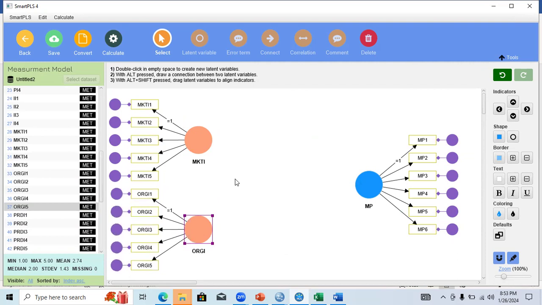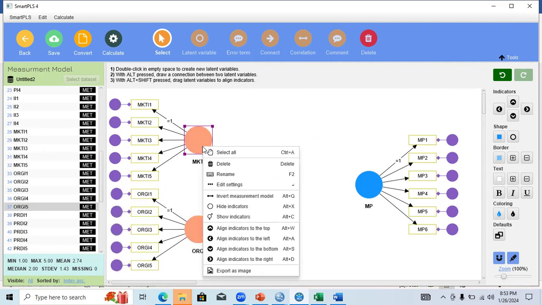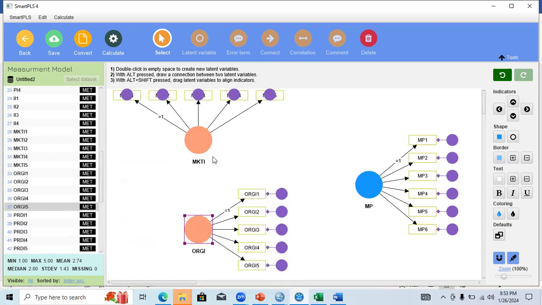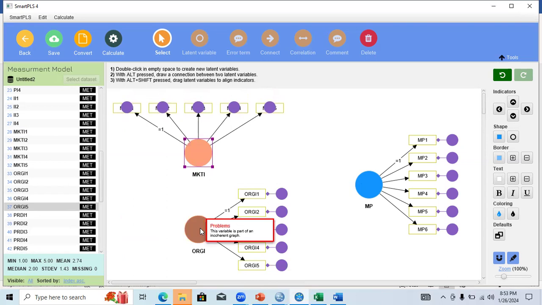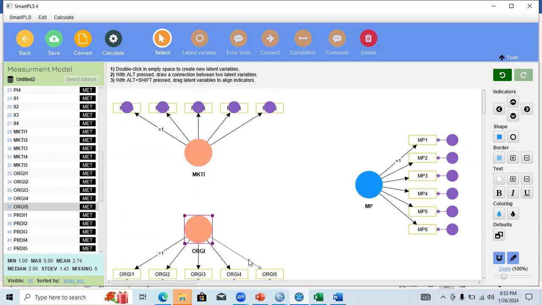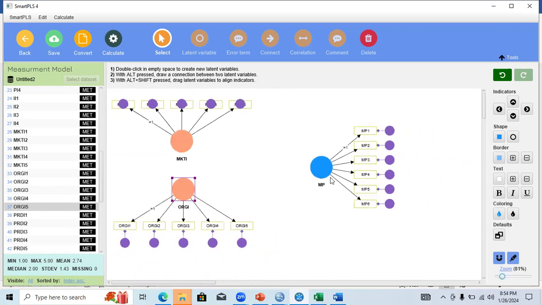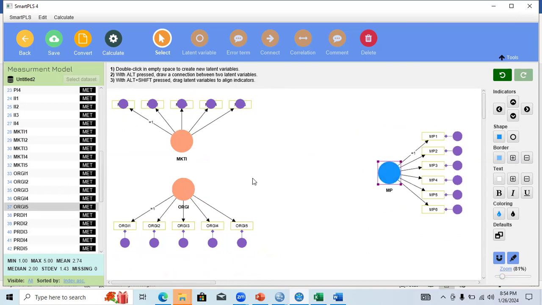And let's suppose I want to run a bootstrap model on the basis of these two variables. So I just need to align them. I can decrease their size.